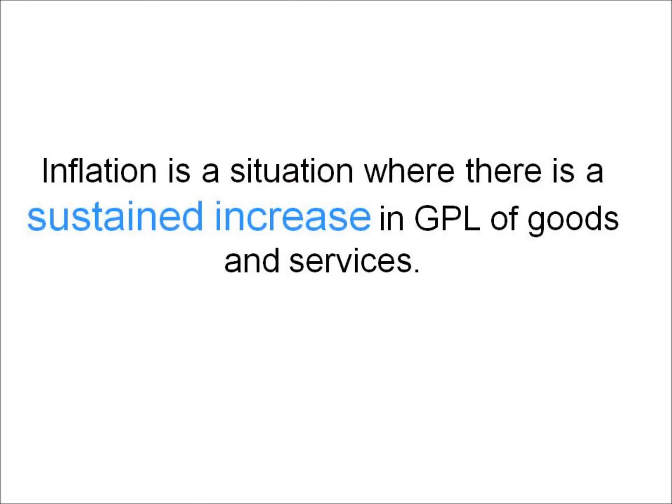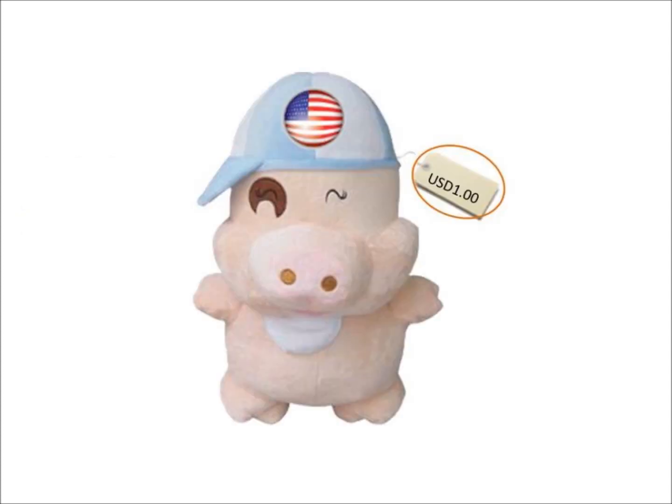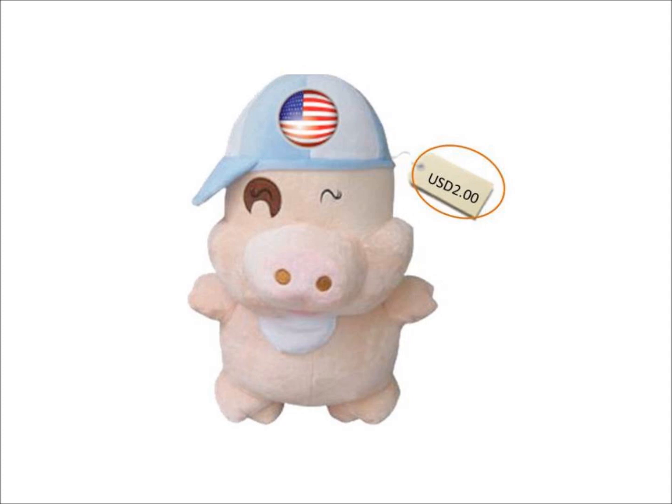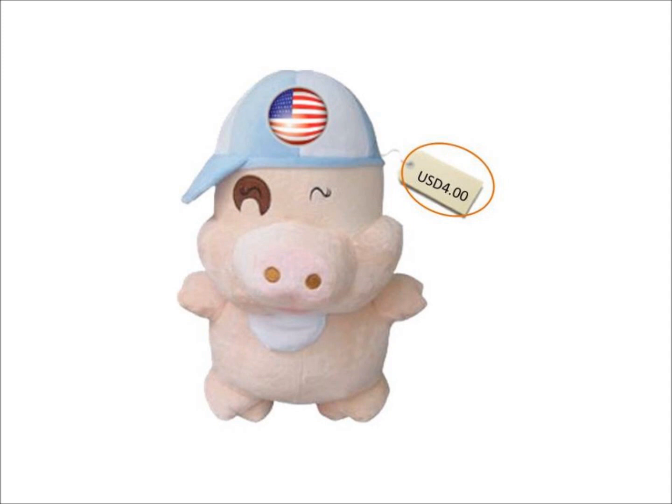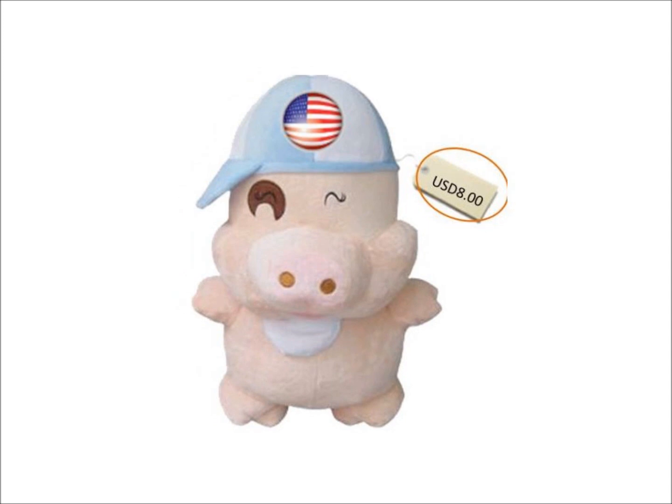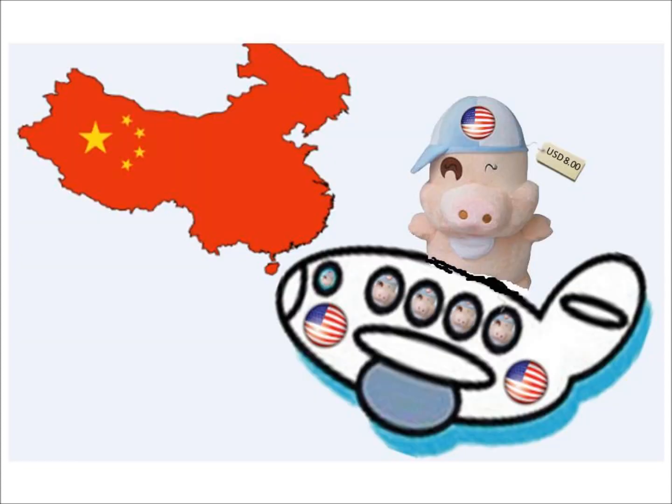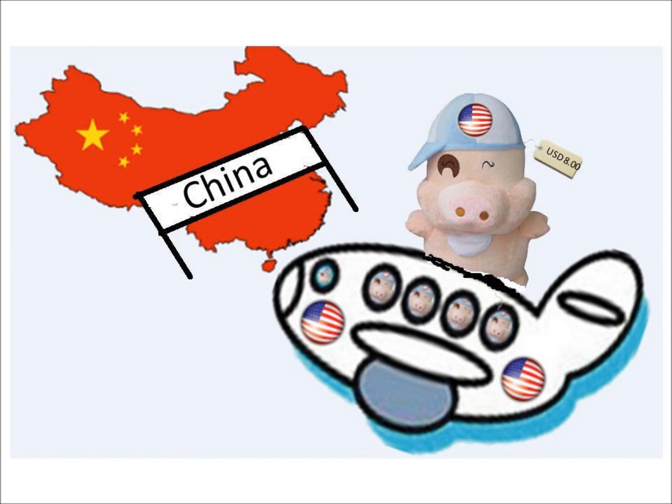What is inflation? Inflation is a situation where there is a sustained increase in the general price level of goods and services. This can be illustrated in the following example, where the staff peak point represents general goods produced by different countries. Due to the undervalued yuan, the value of the US dollars is higher. As a result, when US goods are being exported into China, the price of US goods will become more expensive in terms of yuan, which results in low demand.